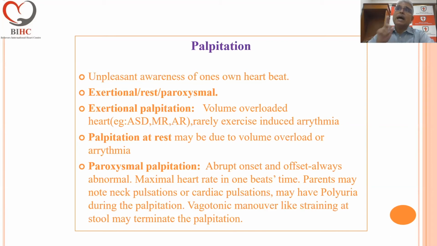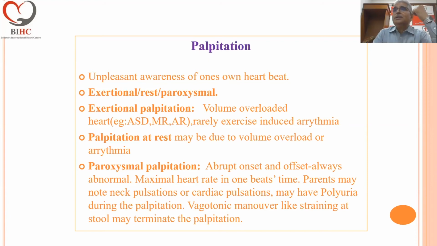The maximal heart rate is achieved in a single beat's time. One beat ago, the heart rate was maybe 70 or 80 per minute. And one beat raises it to 200 per minute or 300 per minute. And you have an uncountably fast rate. That is paroxysmal palpitation. And parents, in a small baby's case, may note neck pulsations, or if they are keeping their